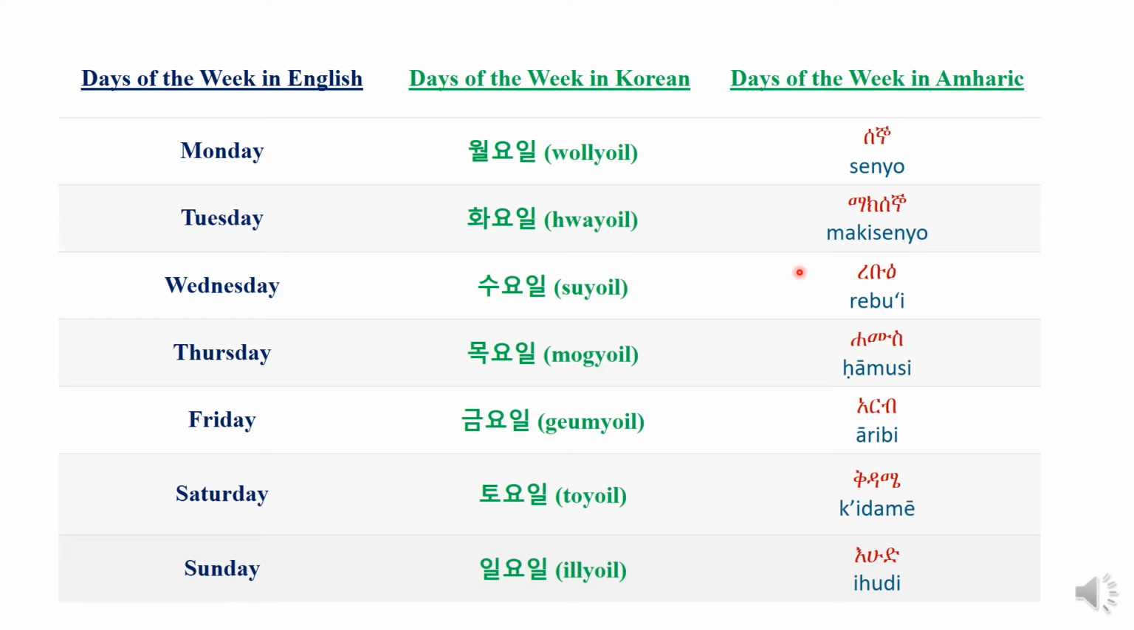So in the case of Amharic, I think there is no sequence, or the flow is different from the Korean one, obviously. So 생요, 막생요, ረቡዕ, ሐሙስ, ዓርብ, ቅዳሜ, እሁድ. This is how it is pronounced. I think we just have to practice this one. Let's go to the